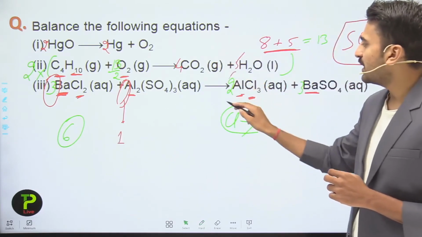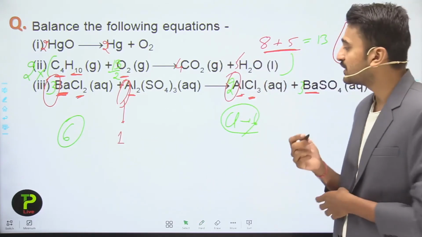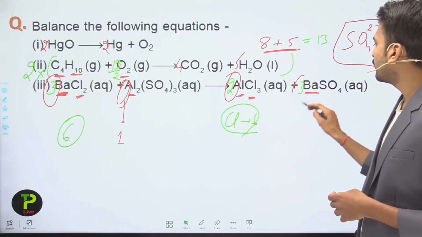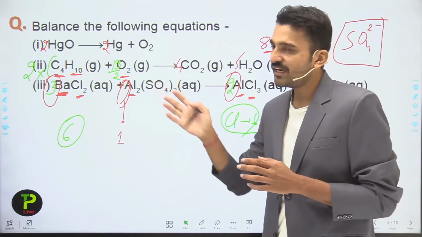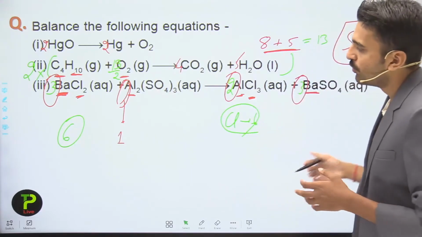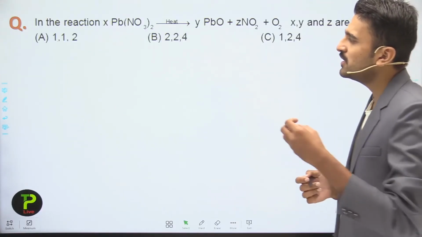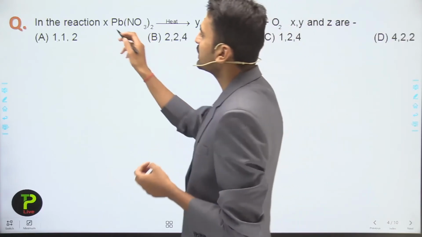While in the case of AlCl3, the coefficient is what? The coefficient is 2. While in the case of BaSO4, the coefficient is 3. Now all three reactions are balanced. So now moving on to another question, in this particular reaction you have been given